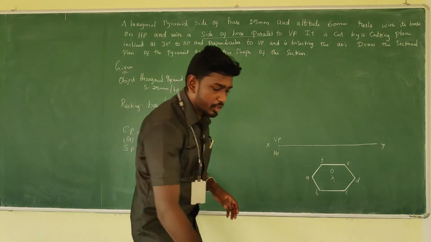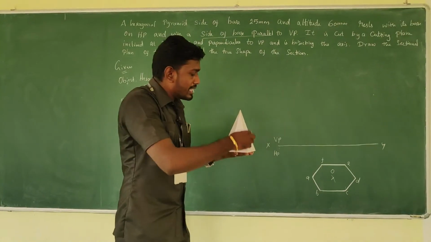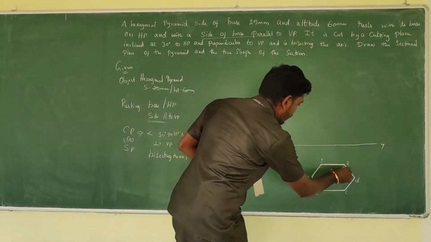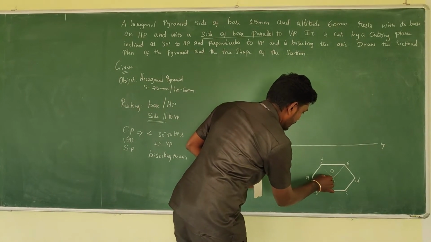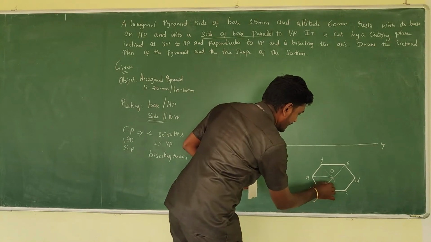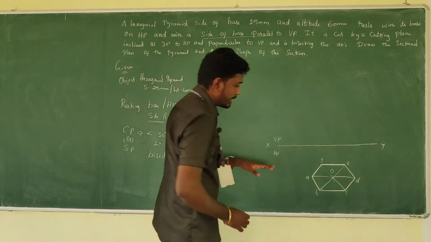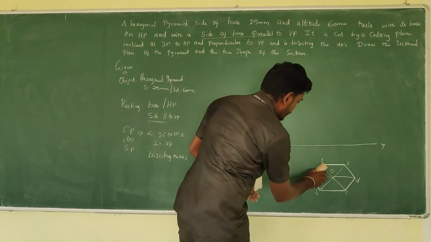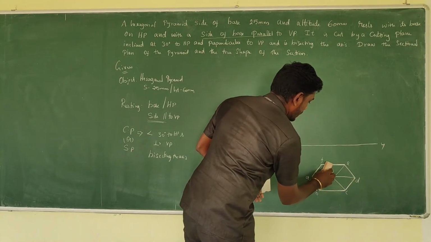When you are looking from the top for a hexagonal pyramid, all these slant edges are visible. So just go for a line connecting all the slant edges. Something like this, you need to do it. Initially, do all the construction with very thin lines, because it says what section.